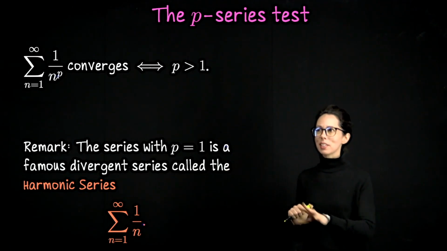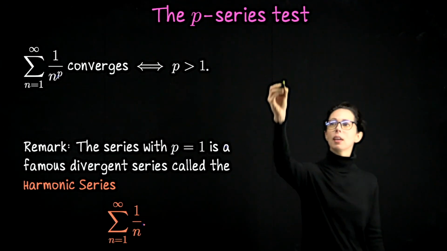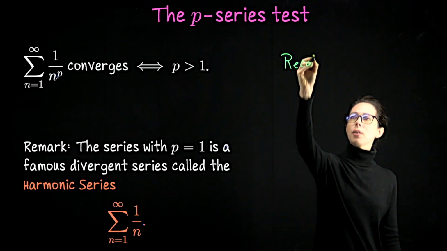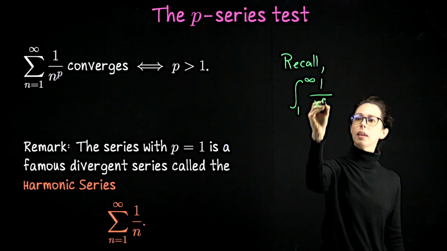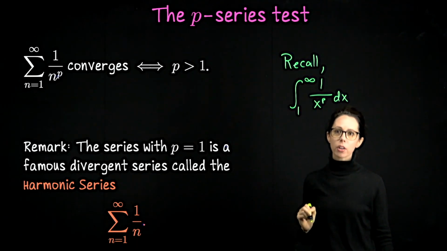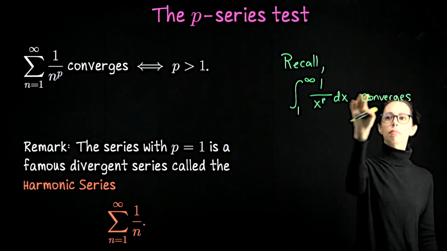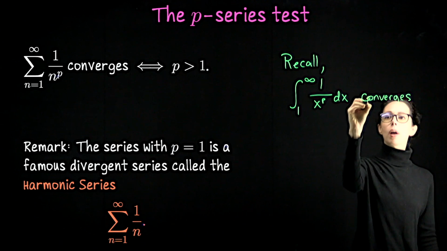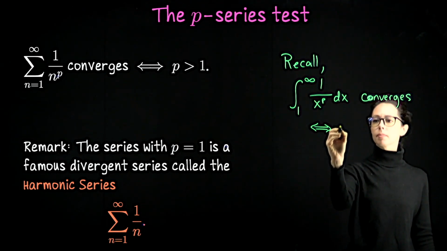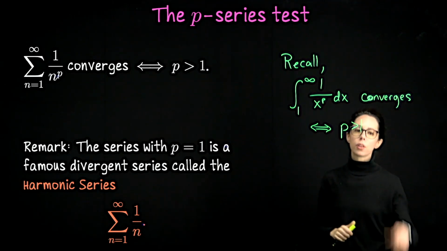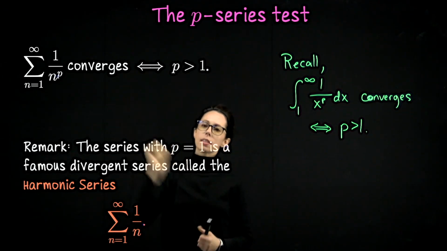I'm actually not going to spend any time justifying this test because we already did this when we looked at improper integrals. So in an earlier video, we showed that the integral from 1 to infinity of 1 over x to the p dx, this improper integral converges if and only if p is greater than 1. So we worked through all of the details of that when we looked at improper integration. So the convergence and divergence of this family of improper integrals is equivalent to the convergence and divergence of this